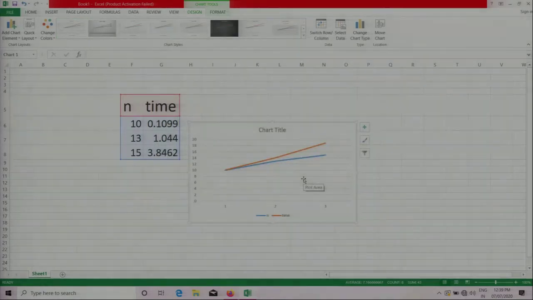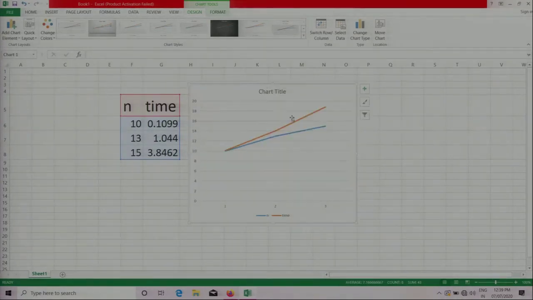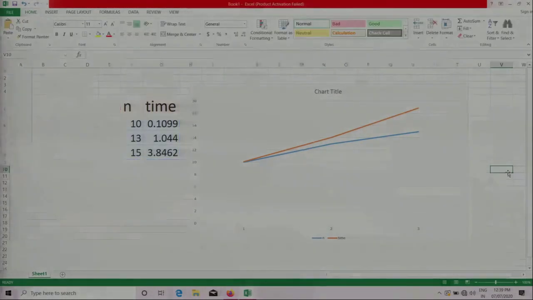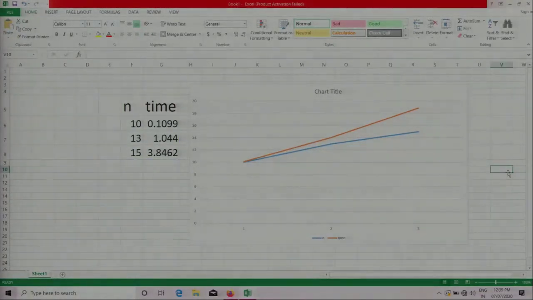Click on OK. So this is what you will get. This is just a graphical representation of what we have done in the program. As you can see, when the value of n goes on increasing, we started from 10, so that is why it is showing it here. We started from 10, this was the time taken. As you can see over here, when it became 15, it is going up. So as the value of n goes on increasing, the time complexity goes on increasing. So this is how you calculate time complexity of a program.